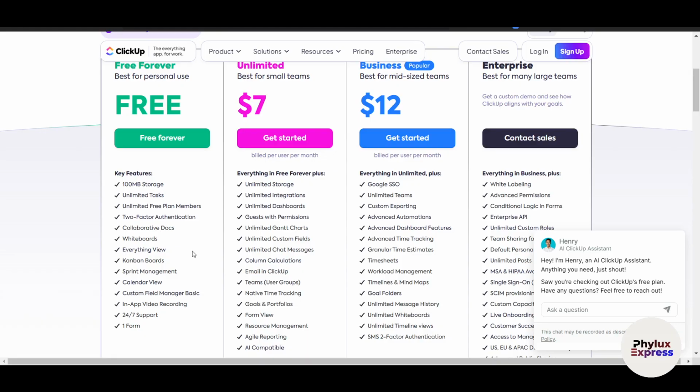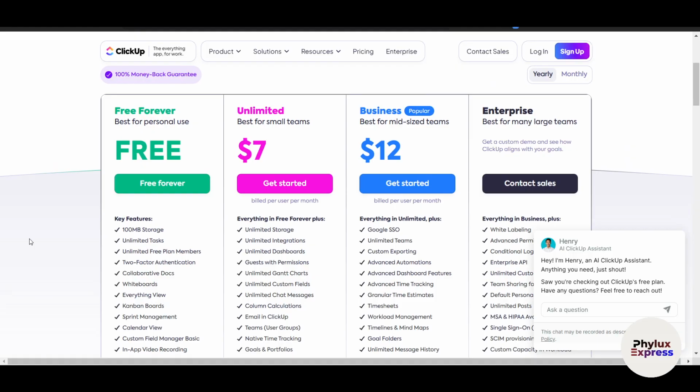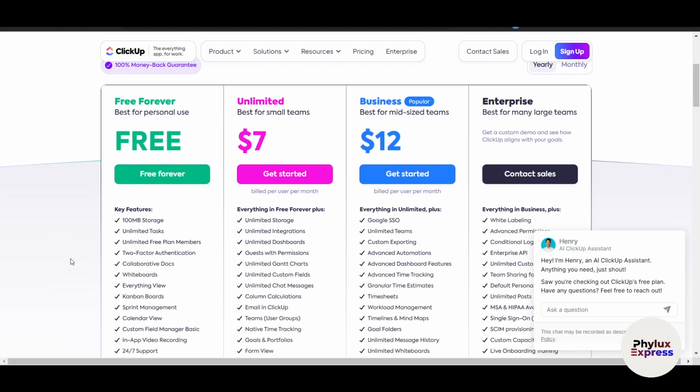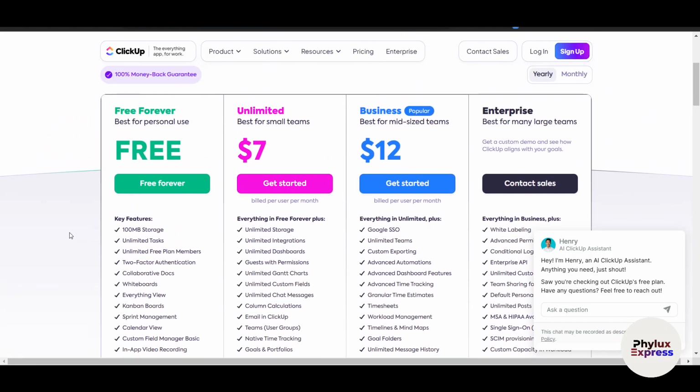But the main thing is that if you have a bigger team, or even if you're working as an individual, there's one issue which I find in all these management tools, that is the storage, right? Because just for storage you have to buy it, because if you're working in the content space just like me, then you have to upload videos and documents and a lot of files and folders which consume a lot of space, and that's why I have to buy some of these paid plans on ClickUp as well as Notion,